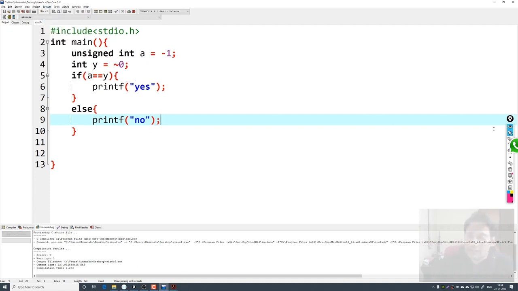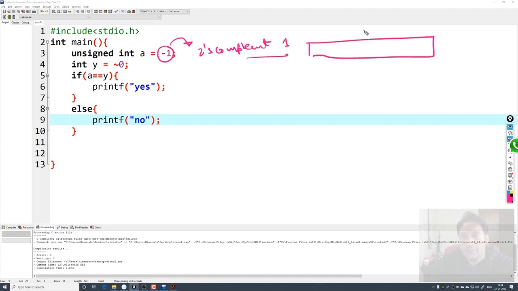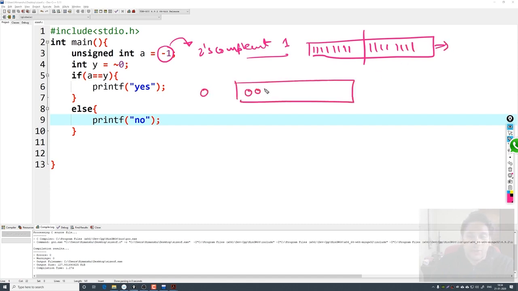Now in this case, why is it printing yes? As you can easily figure out, -1 is basically the 2's complement of 1. Because it is the 2's complement of 1, all 1's will be there: 1 2 3 4, 1 2 3 4, 1 2 3 4, 1 2 3 4. And when I say 0, it means all zeros are there.